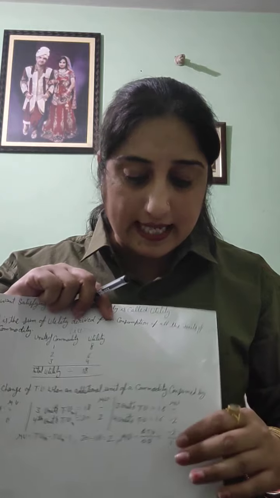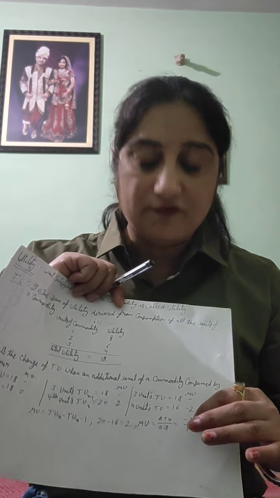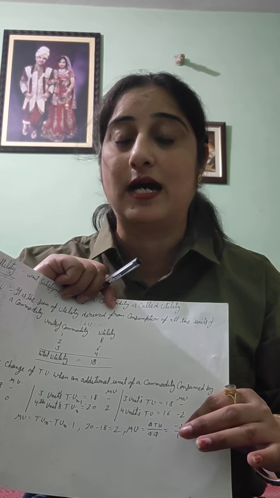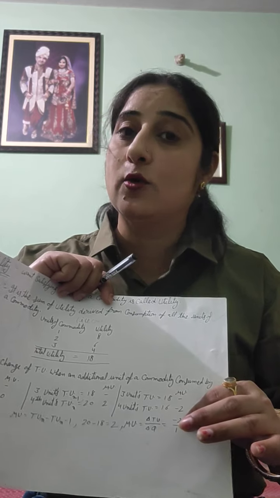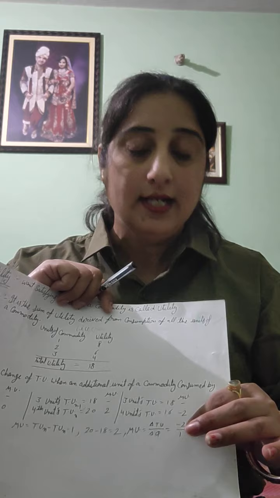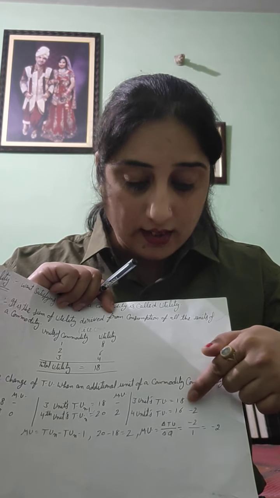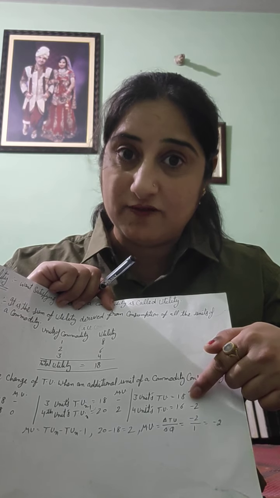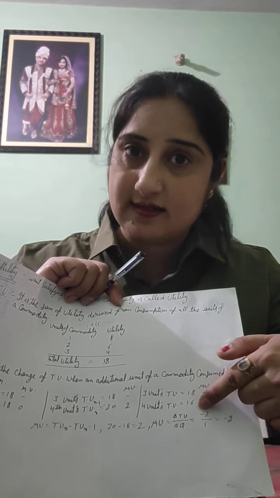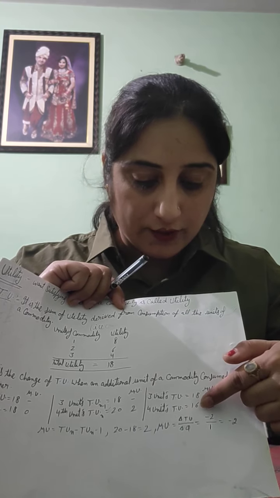And marginal utility can be negative also. When the consumer eats one more unit of a commodity and he can't digest that unit, then marginal utility can become negative because total utility declines. Like, 3 units of ice cream give me 18 utility, and the fourth ice cream gives me 16 because I can't digest the fourth ice cream, so my total utility becomes 16.